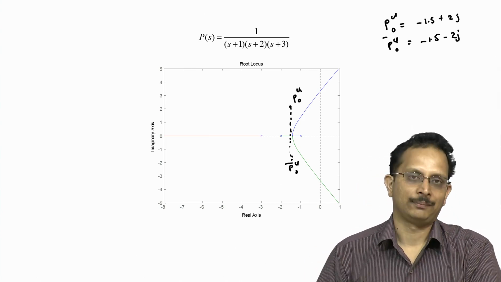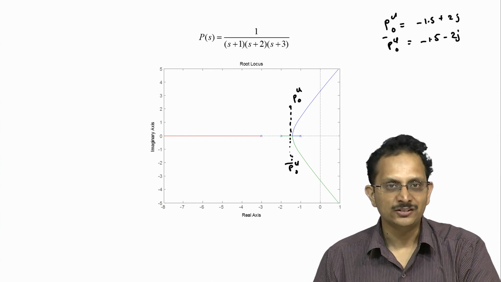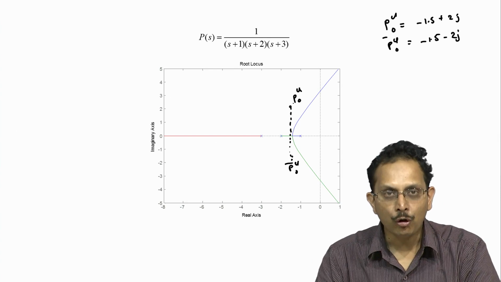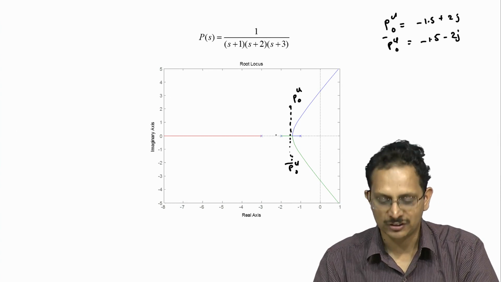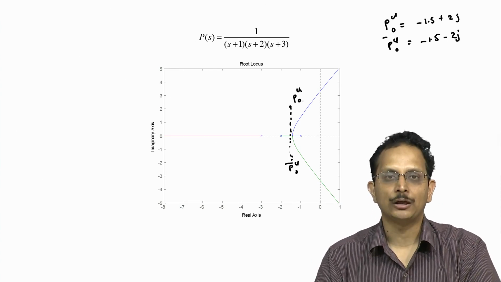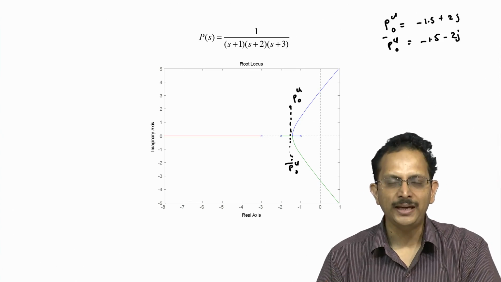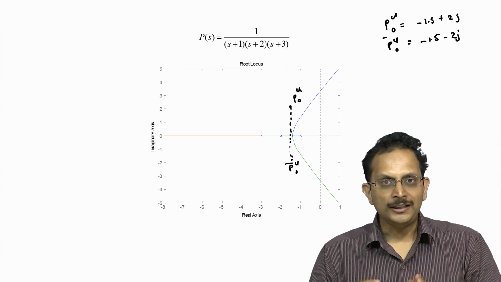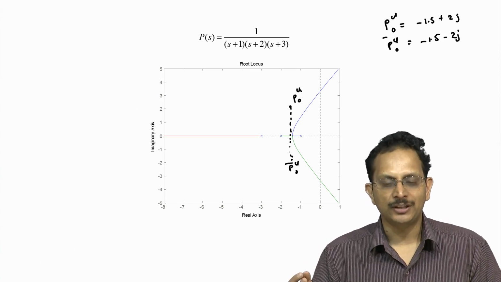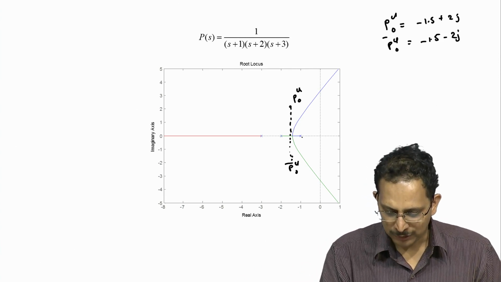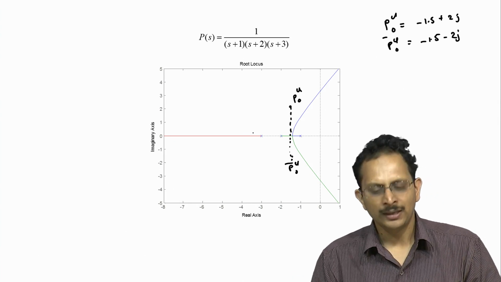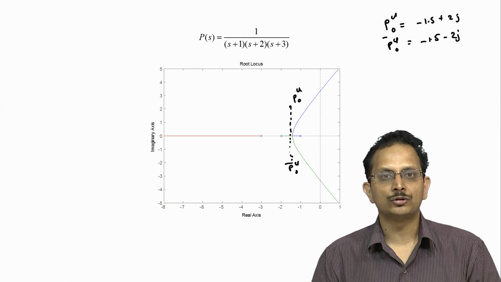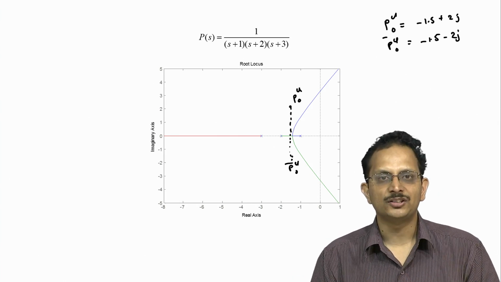What does that mean? In practice, what that means is that the angle subtended by all the open loop poles and zeros of our system at the point PCL naught should be equal to minus pi or its cyclic equivalents. So, at the moment we have a plant with 3 poles, namely poles at minus 1, minus 2 and minus 3. Let us compute the angle subtended by all these 3 poles put together at the point PCL naught.